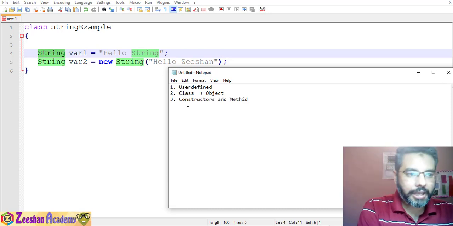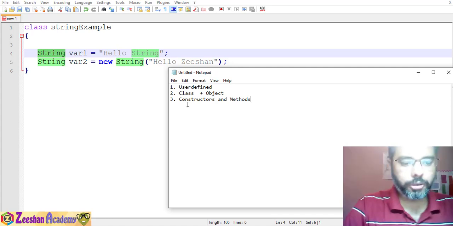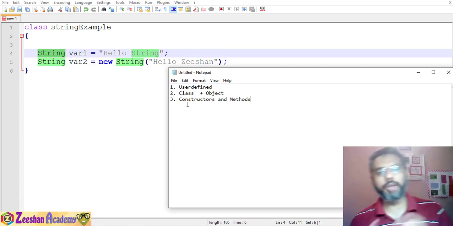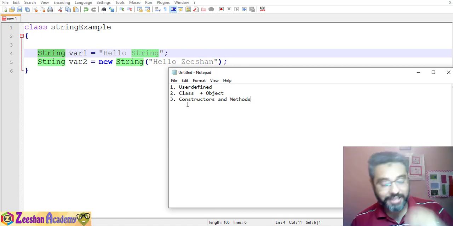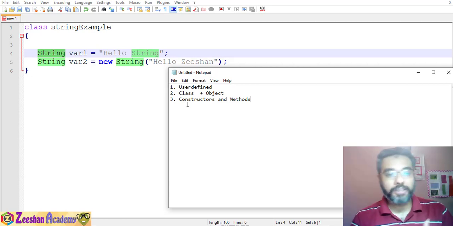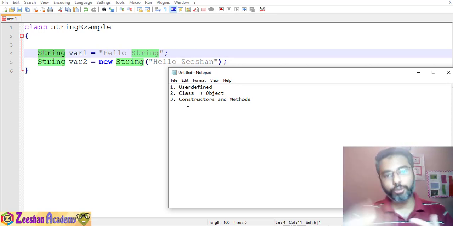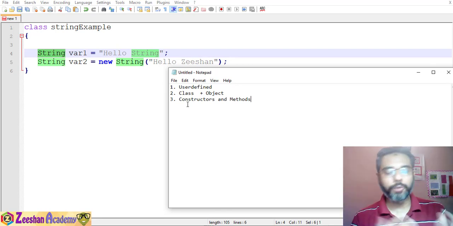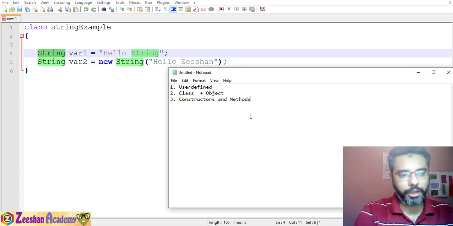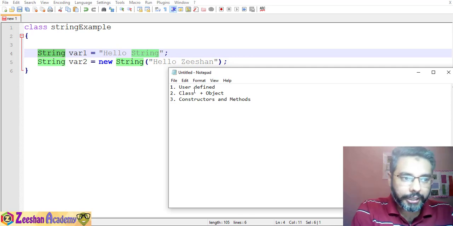Basically, whenever we talk about classes and objects, we have constructors and we have methods. So yes, the String class does have a constructor at the back, and it does have methods as well, which are what make the string so special in Java. These are the methods that we are going to study, which allow us to work on strings and variables and the parameters within the string and so forth. So these three things you have to first of all keep in mind: that it's a user-defined data type,